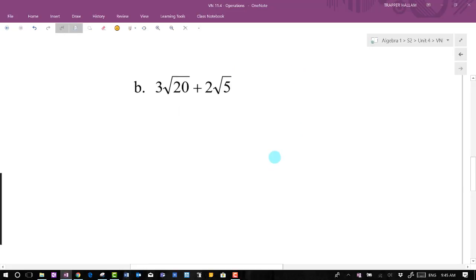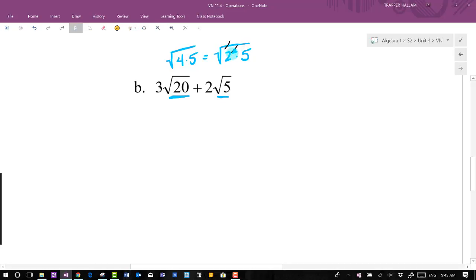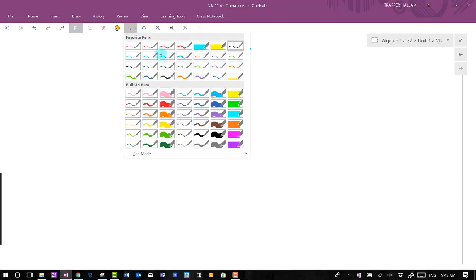In this next example, I can see right away that I do not have like radicals, so I cannot add them together as is. However, being clever, we realize that this 20 can be reduced. So if we take 20 and look at it as 4 times 5, right? Let's clean that up. 4 times 5 then is going to be the square root of 2 squared times 5. Again, all under the radical. And the reason that we wanted 2 squared is that that is going to reduce out because those are inverses